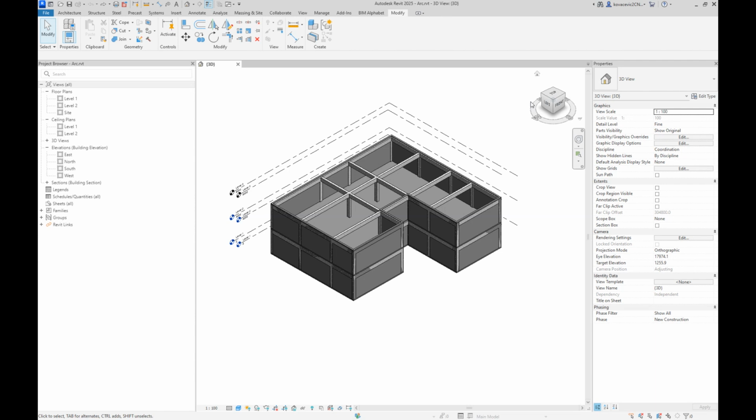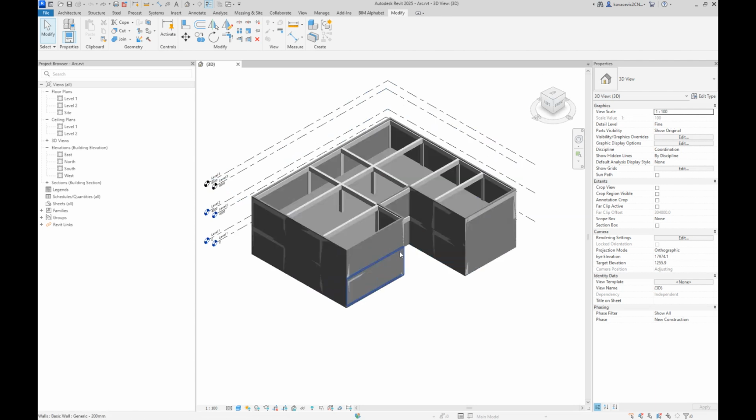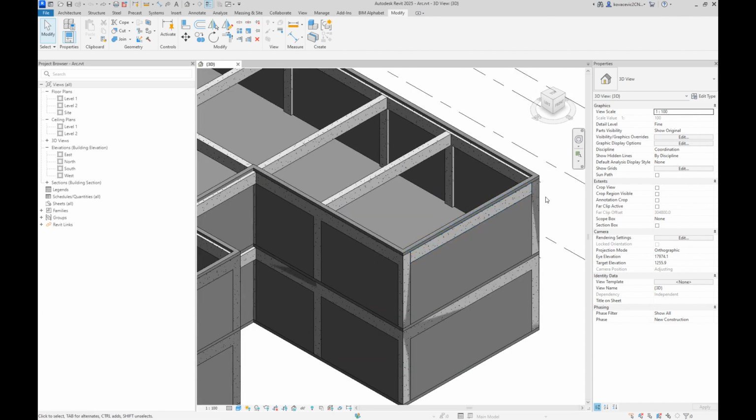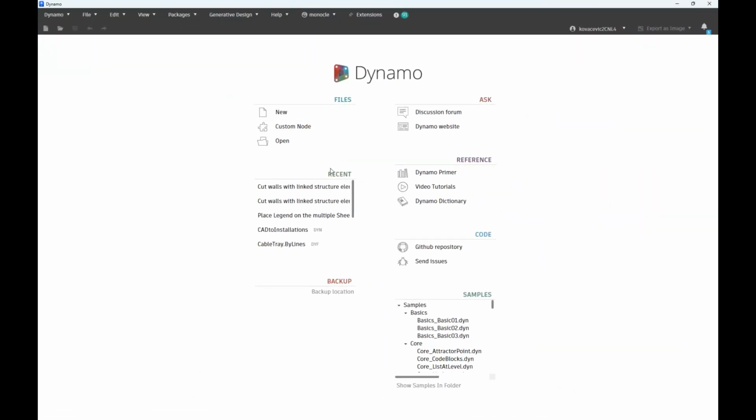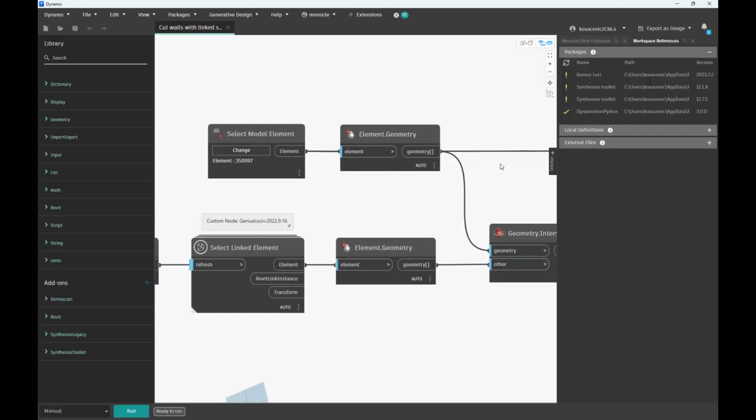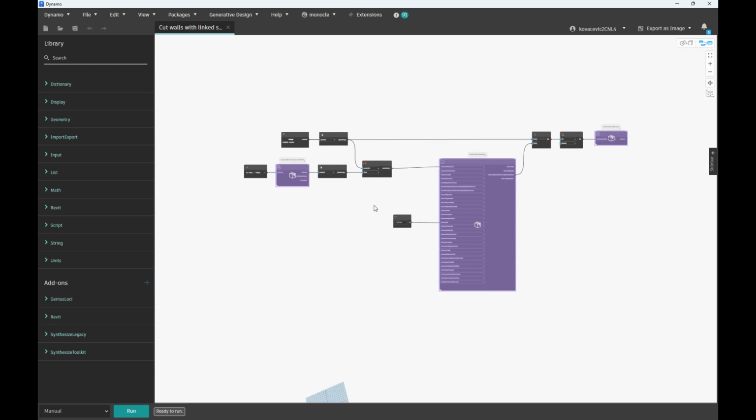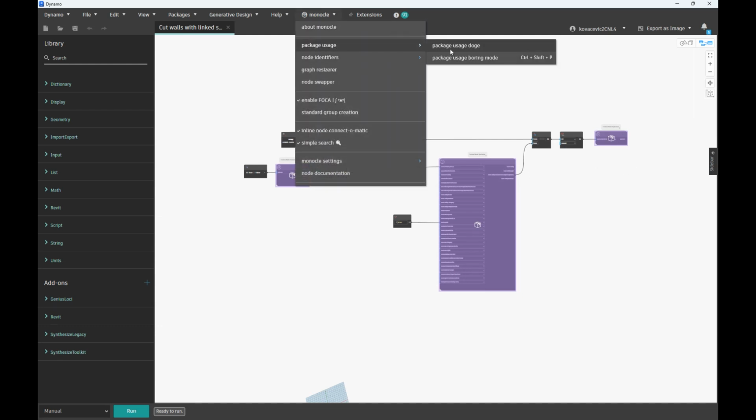Hello everyone, welcome to this second part where we have two more scripts that we need to adjust in order for them to run in Revit 2025. Now we have these cut architectural elements with structural elements basically. I did create that original script, then I did update that script for Revit 2023, and I did change just a couple of things. So what you need to do before everything